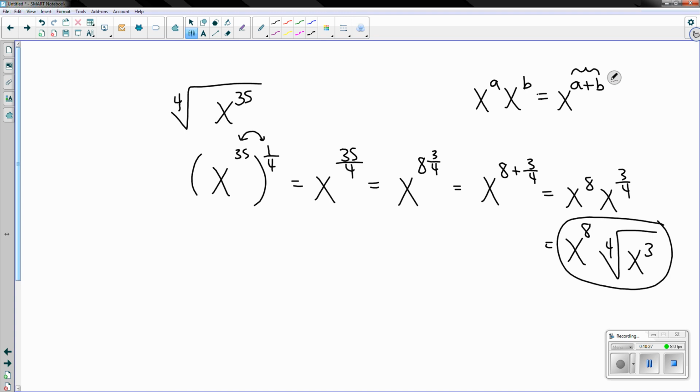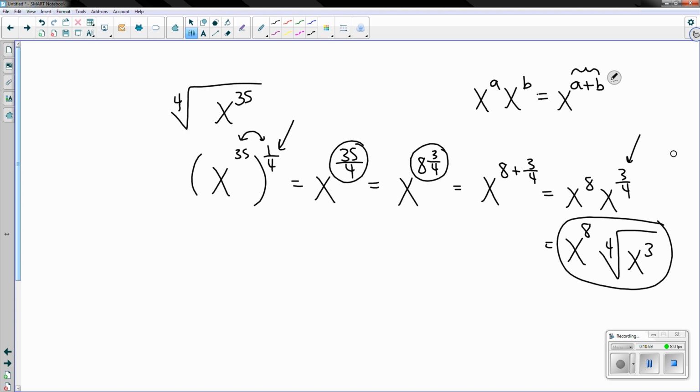So what we did was we reformatted the radical as a rational exponent. We know our exponent properties, so we multiplied them together. I reformatted it as a mixed number. That mixed number can be expressed as a sum. Exponent properties tell me when I have a sum of exponents, I can split it into two separate terms. Then I take the term with the rational exponent and reformat it back into a radical expression, and there's your